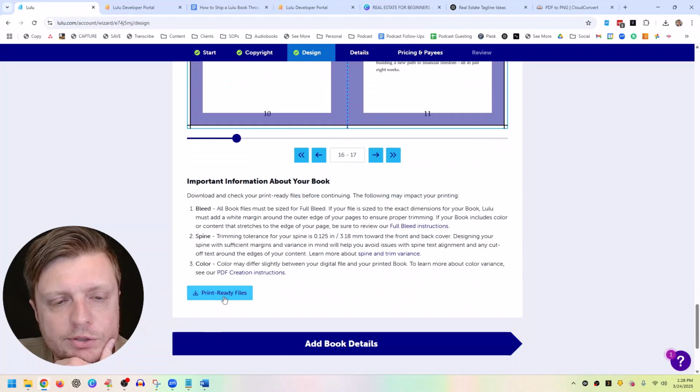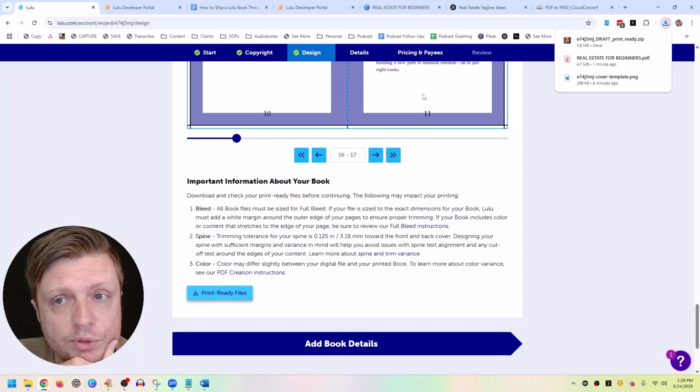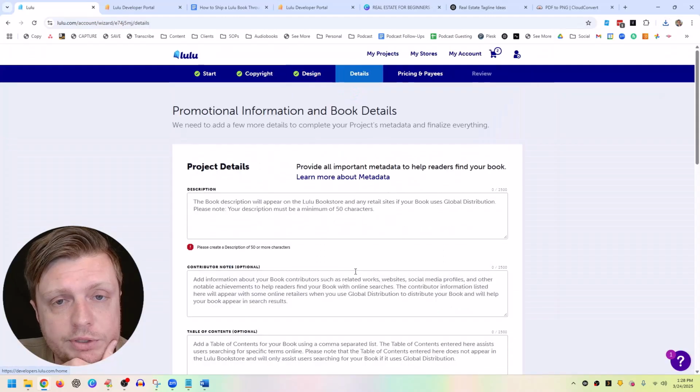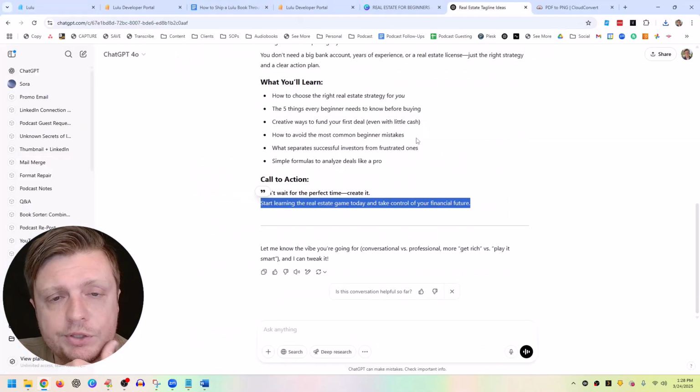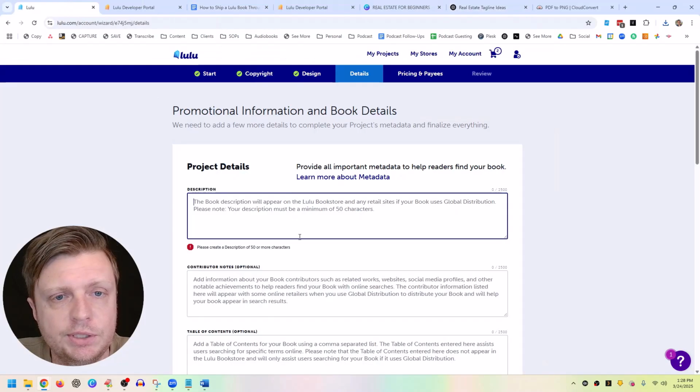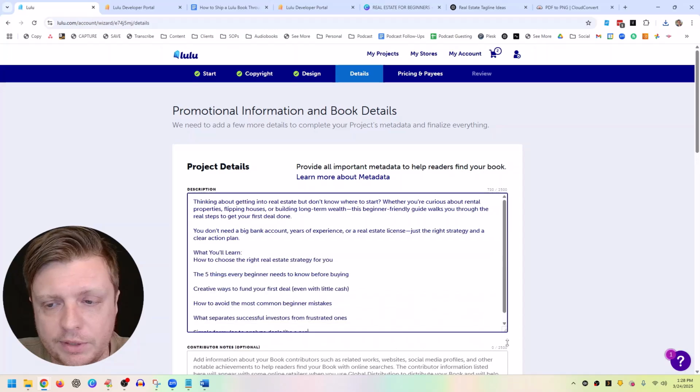And then what we do, here's the most important part in a moment for setting it up programmatically. You click on this print ready files. We can always come back to this, but this is the print ready cover and interior for Lulu, all kind of ready to go here. So that's really important. We click on add book details, and we finish up with just the ChatGPT generated text, right? Here's the